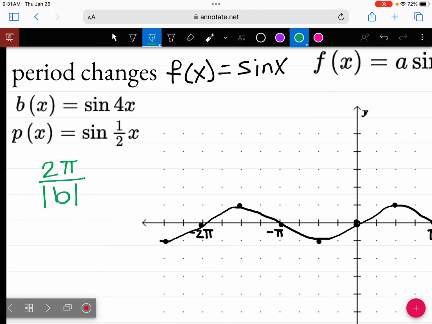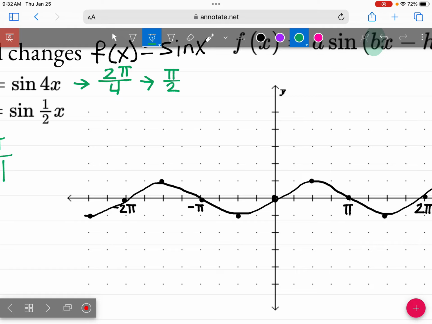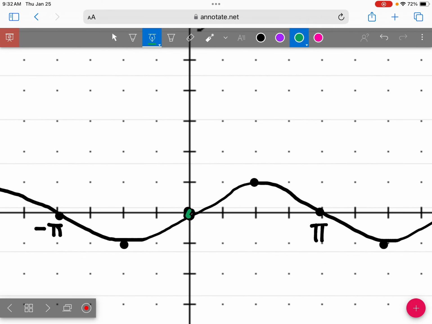So for the sine of 4x, what we're going to do is take 2 pi and divide it by 4. So that means the length of the period here is pi over 2. That means when I'm looking at my graph for the sine of 4x, I need to fit the whole of the function